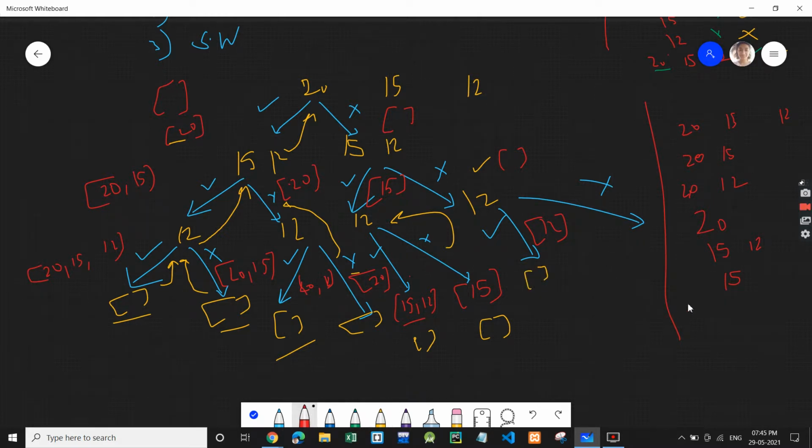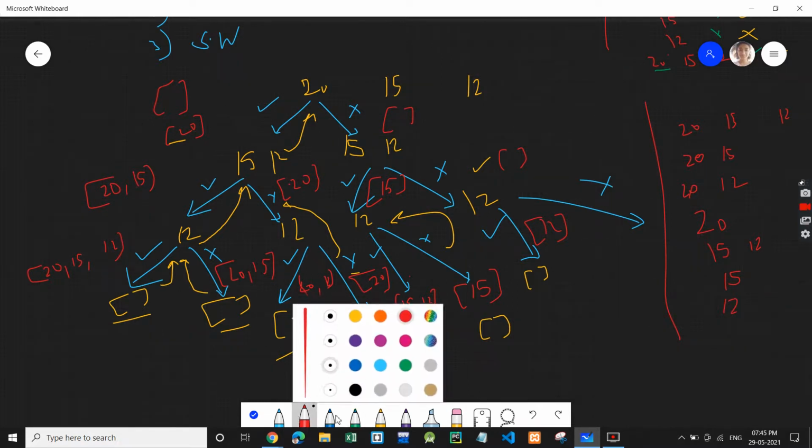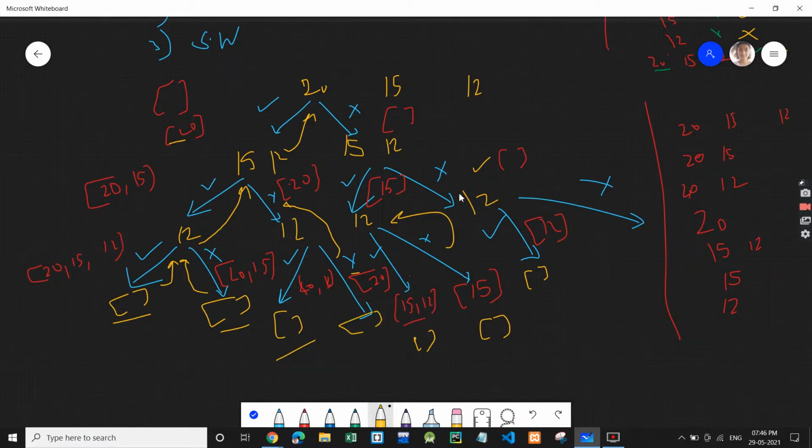So our subset will be printed, which is 12. And when we do not take 12, our subset will be empty only, and we hit the base case. So the empty subset will be printed. So all these 8 possibilities we are done with. So this is a recursion tree.